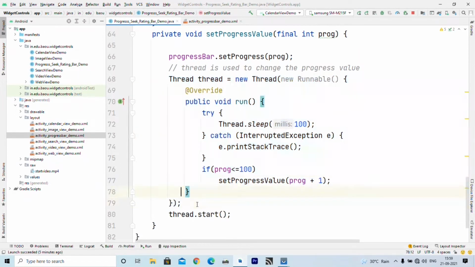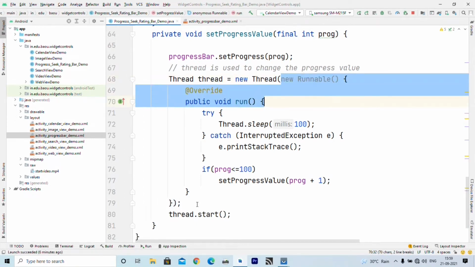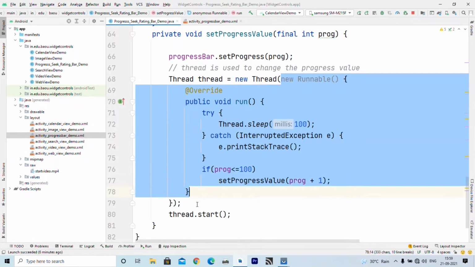So first we have to create or declare an object of type thread, and we have to initialize that object. So I write new and thread, right? But inside that we have to implement interface runnable.